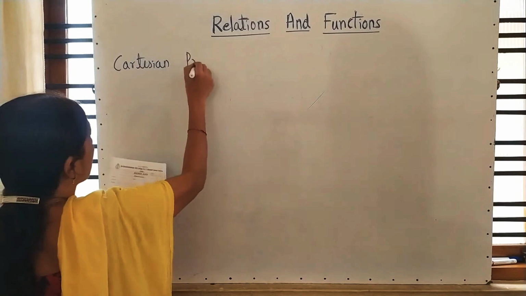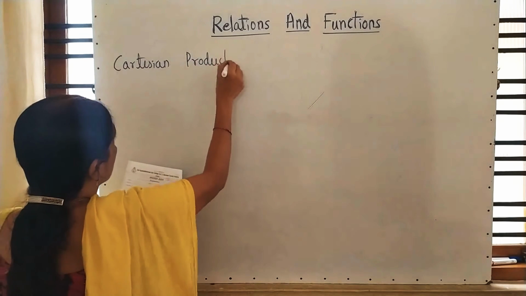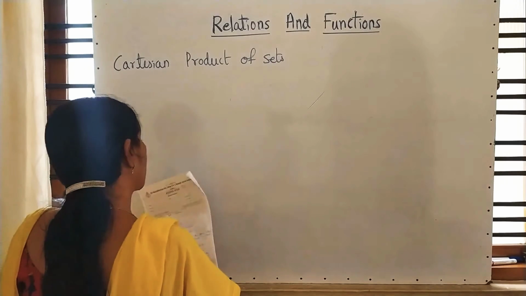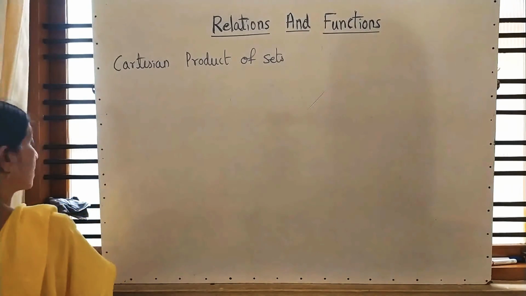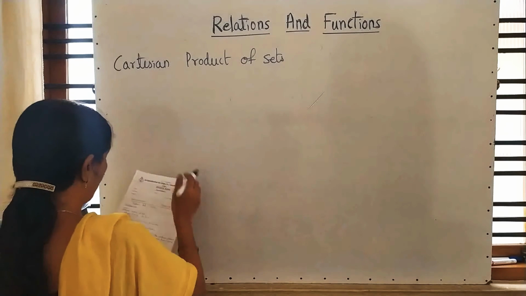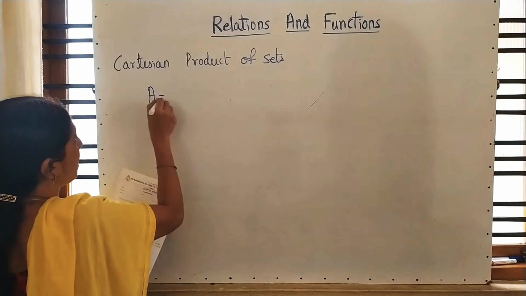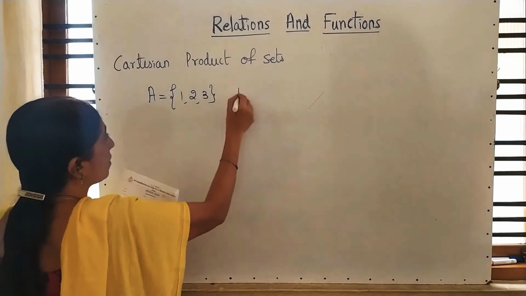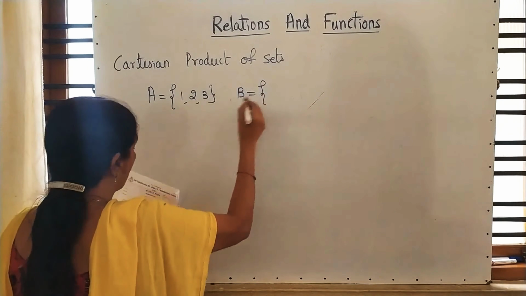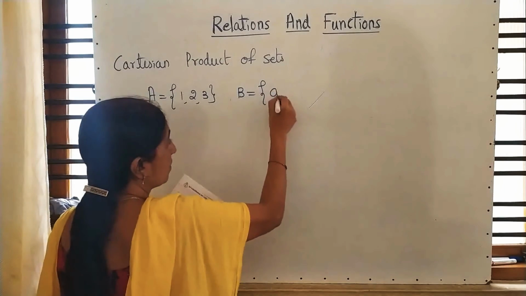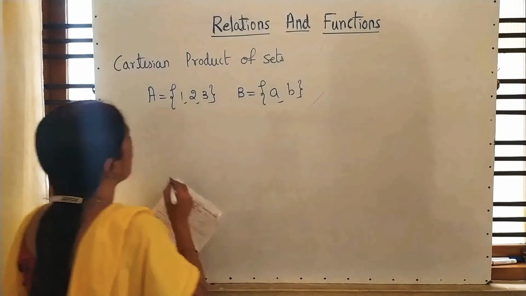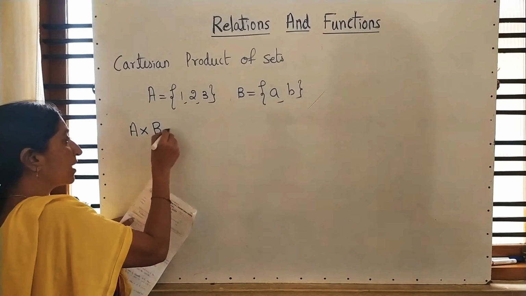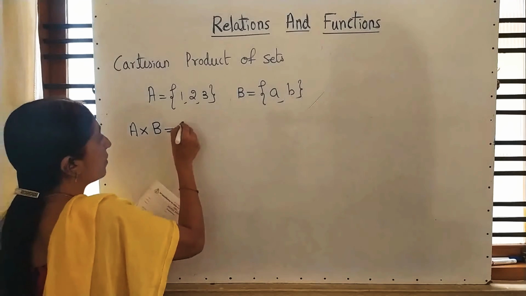Cartesian product of sets. Here I am not giving any definition, remember. First I will explain with the help of an example. Let us take the set A as {1, 2, 3} and set B as {a, b}. See here, this is the method to write the Cartesian product A cross B, and in the flower bracket